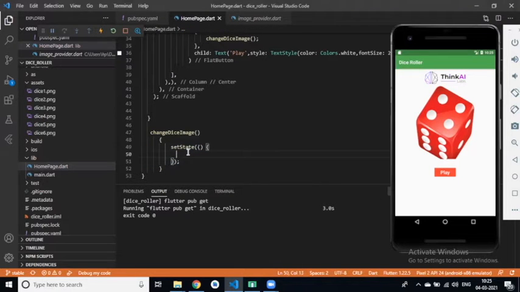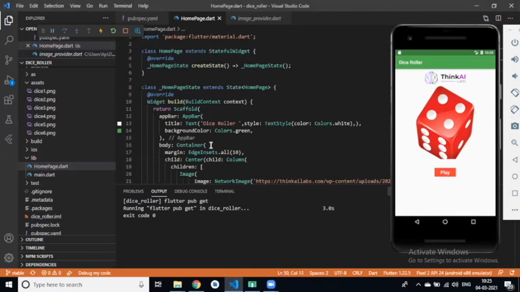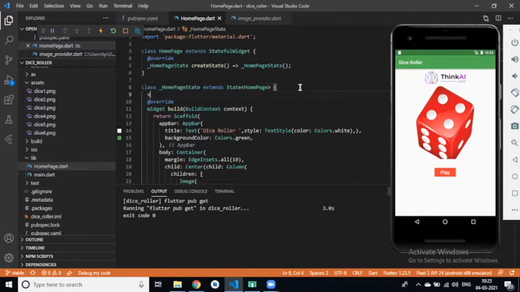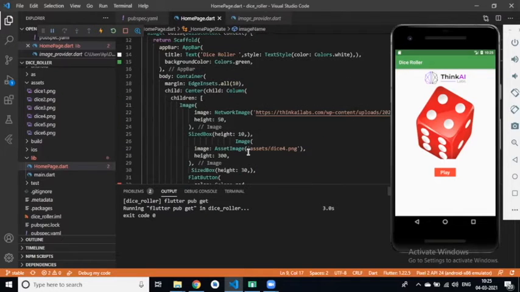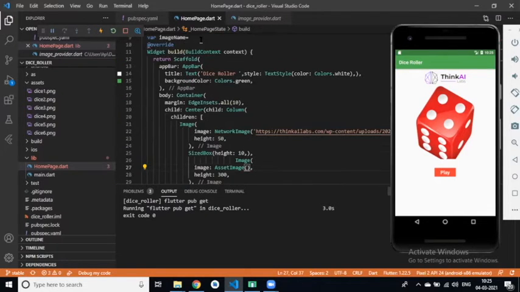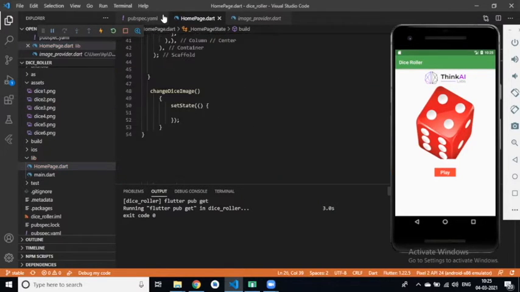In setState, like if I create a variable imageName and define it like assets, and if I pass imageName here, is this working?